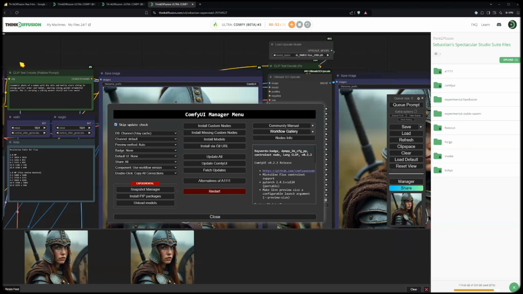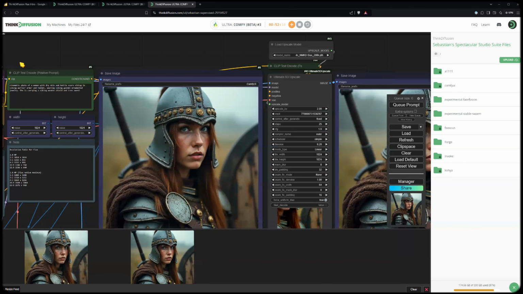Ralph asks, when comparing Forge and Comfy UI, which one is better to use and what are its advantages? This is a great question and also a very hard question. Forge and Comfy UI, for the people that don't know, are different user interfaces. The one we looked at today is Comfy UI, all the spaghetti nodes. Forge is built on top of the code of Comfy UI, but it looks different. If anyone has used Automatic 1111 in the past, it looks basically exactly like that.